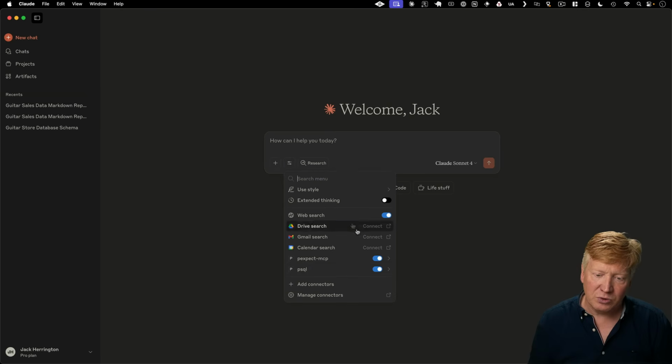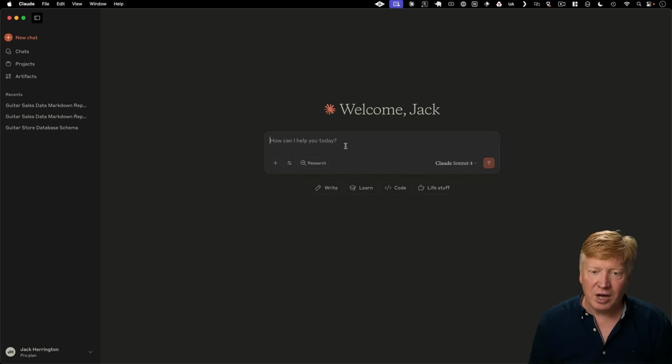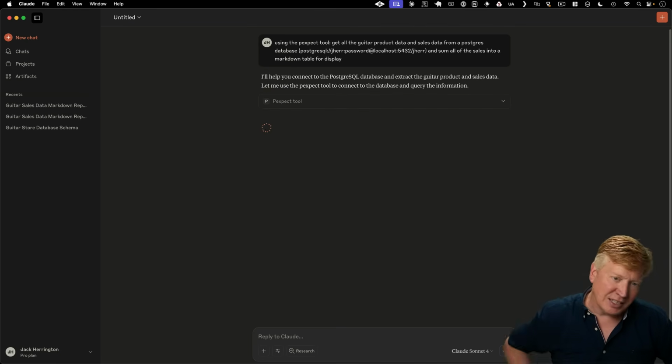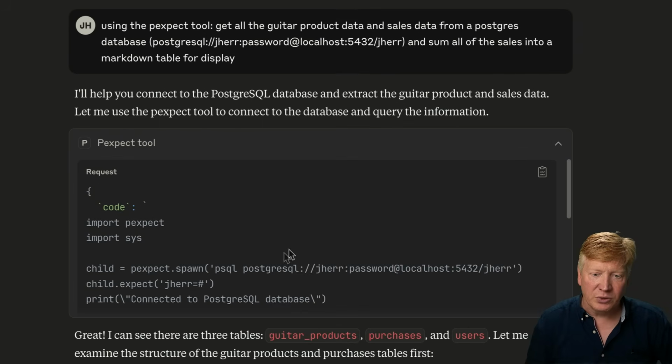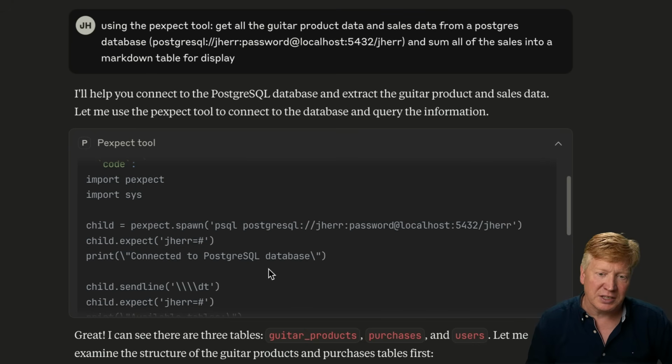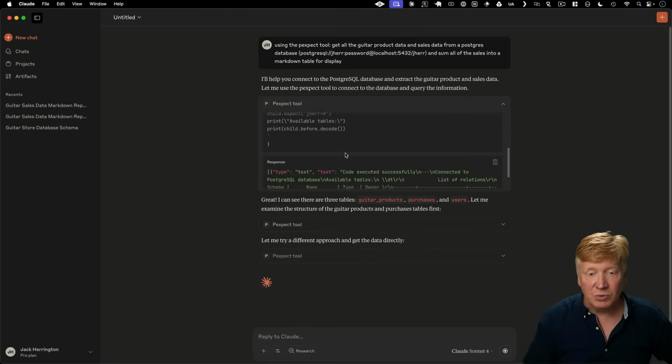Let's turn off the Postgres tools and then give it a prompt, give it my credentials so that it can access that database and then only use that pexpect tool. All right, so here's what it's doing. It's actually running pSQL. It's just running commands. That's all it's doing. It's just using pexpect to just run commands, which is something to think about because